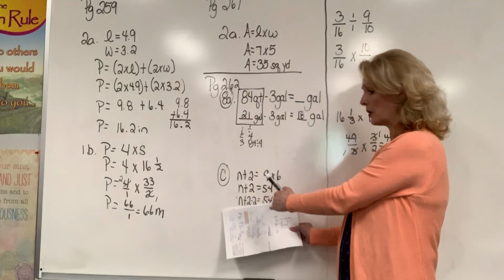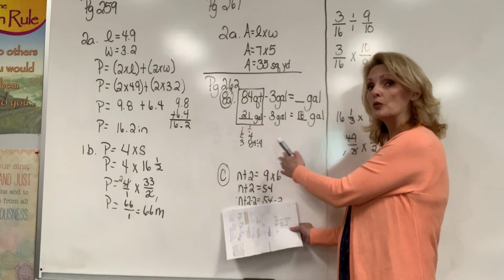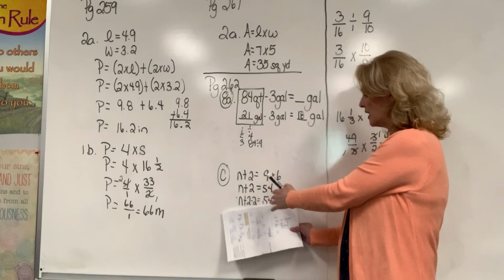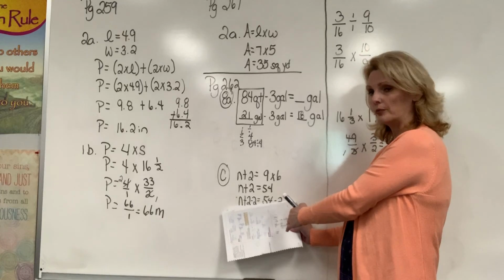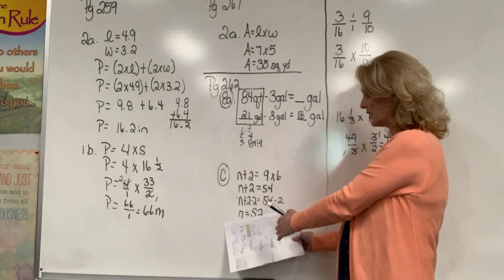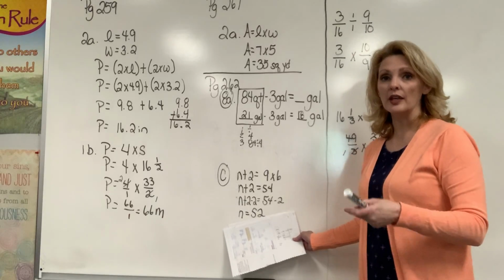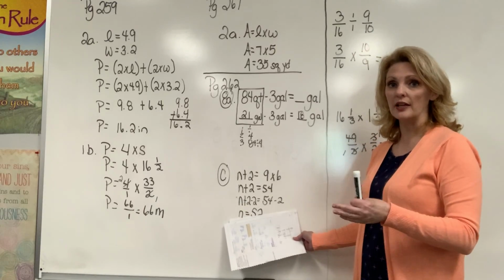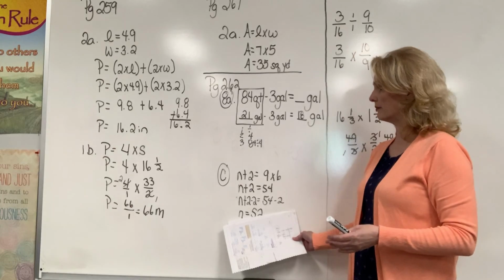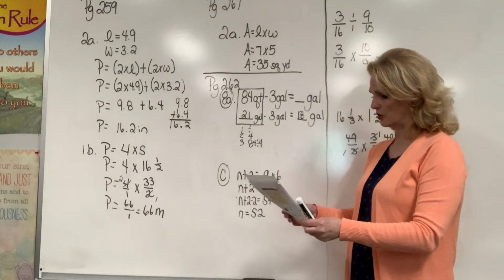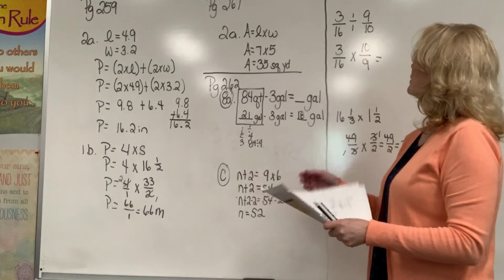So n plus 2 minus 2, and then what you do to one side, you have to do to the other, equals 54 minus 2. And then, so n equals 52. You do not have to check on these particular problems. I just want to find out what the unknown is on the bottom of that page. Another thing that I want to review,